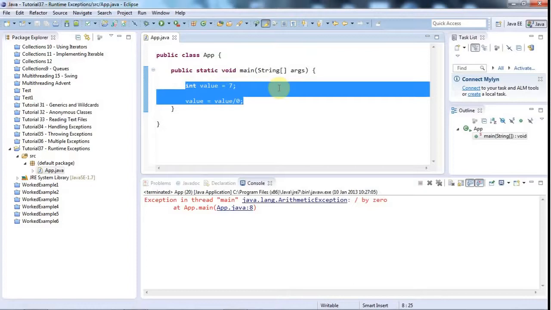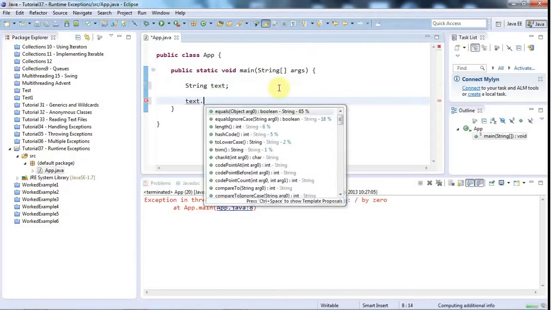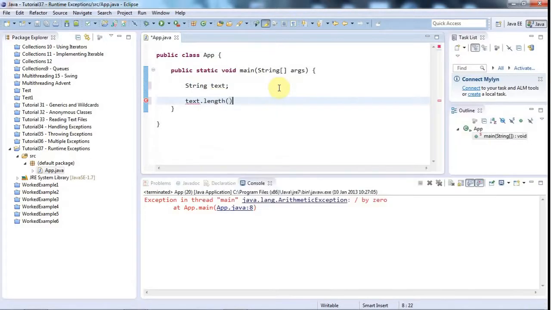Another good example would be a null pointer exception. Like I could say String text, and then without saying text = new String or text = some kind of text, I could try using a method of String like text.length, something like that. I could put in, let's say, System.out.println(text.length()). Now this probably isn't going to compile, because it's going to say that text may not have been initialized. But if I set text equal to null,